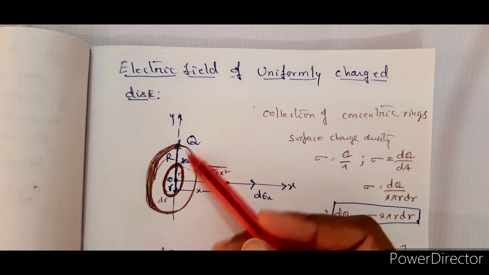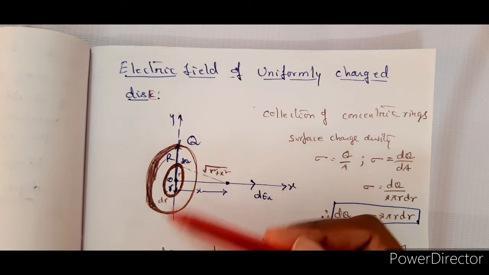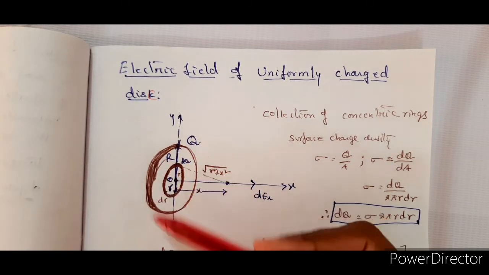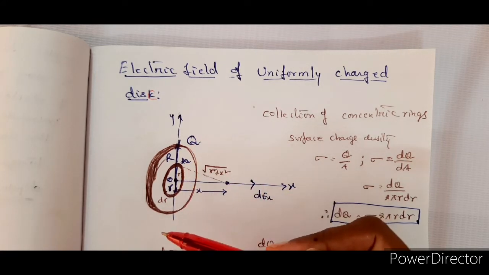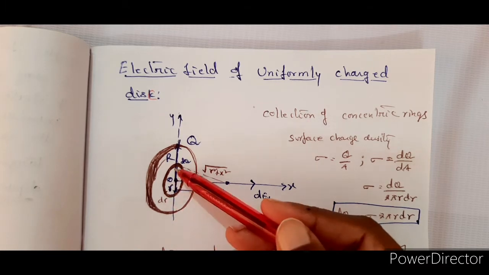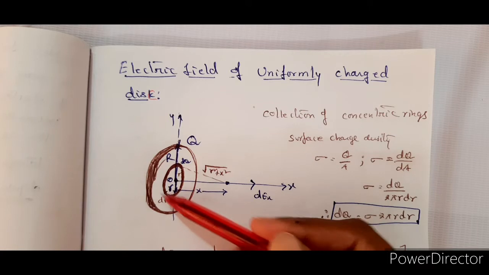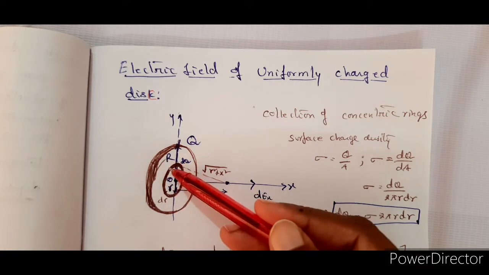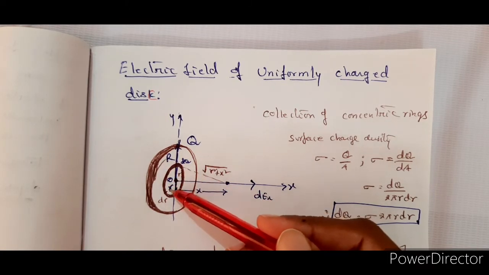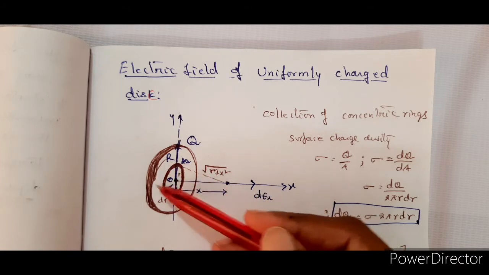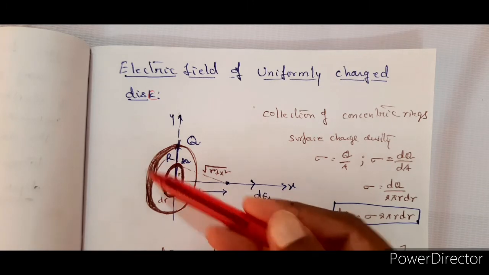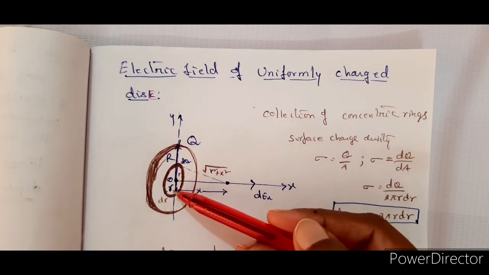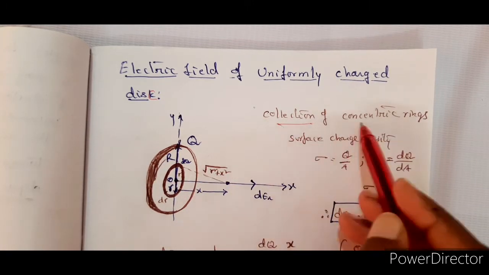That means, just as you did in center of mass to find out where the center of mass lies for a semicircular disk. Do you remember this? You have learnt it until 11th class. There you take semicircular rings, like concentric semicircular rings placed one over the other, and you get a semicircular disk. The same thing you need to put here also. So therefore, a collection of concentric rings.